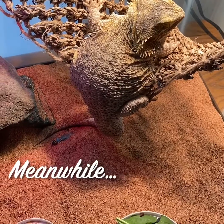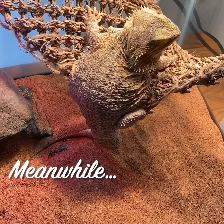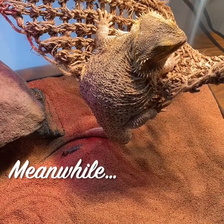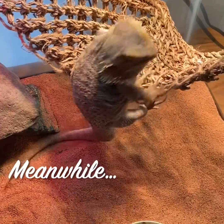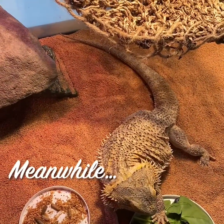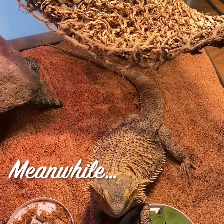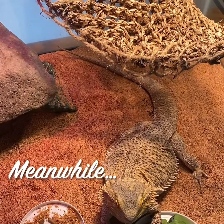Well, while we're waiting for these worms to warm up, we're gonna go ahead and show her some crickets. Oh, is she gonna flop? Interested yet? All right. See, I told you she flops. I'll go ahead and show her the crickets anyway. So like I said, this is a smorgasbord. So for her,